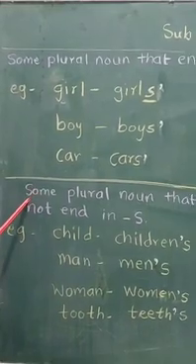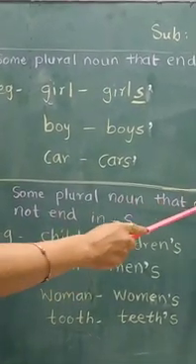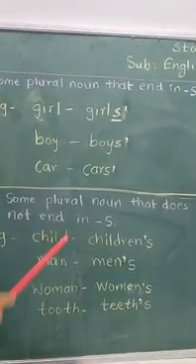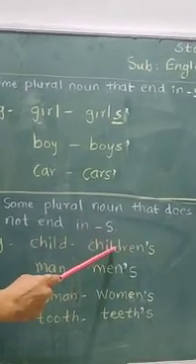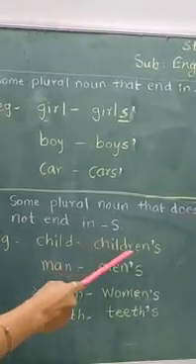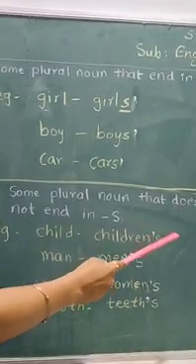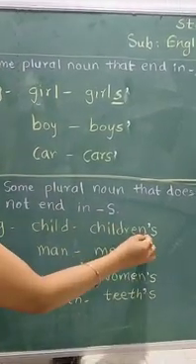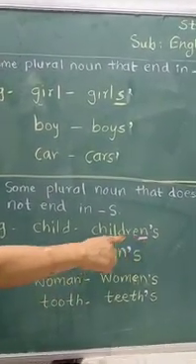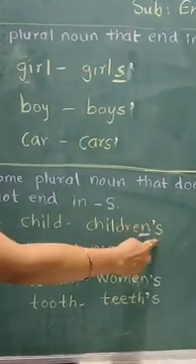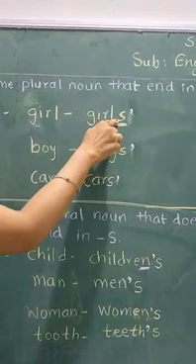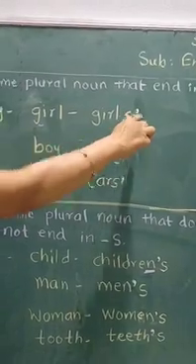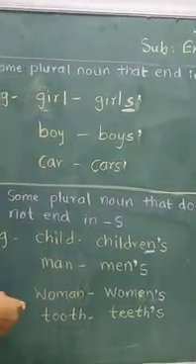See, in this sentence we can see here some plural nouns that do not end in s. See here some plural nouns. Child, what is the plural form of child? Children. Children, only children. Okay. Then we can write here an apostrophe mark and then we will write here s, because it does not end with s. See here, it does not end with s. So we are writing first an apostrophe then s, and see in this sentence this ends with s. That's why we are writing after this s an apostrophe mark. See the difference in these two examples.